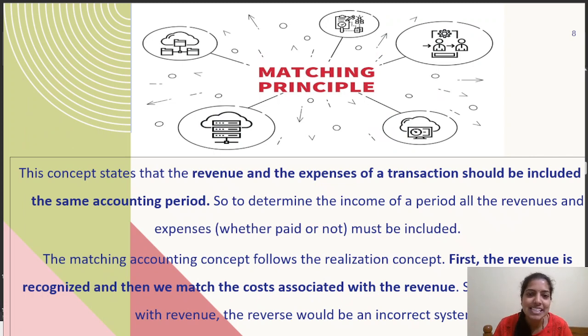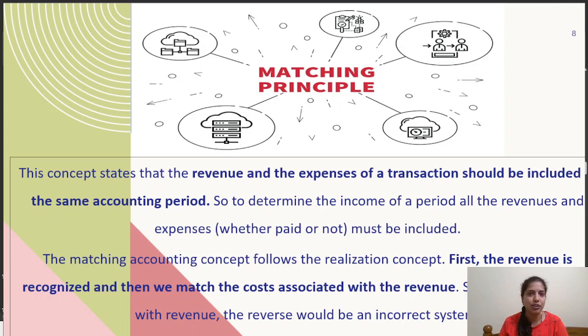The next concept is the matching concept or the matching principle. This says that the revenue and expenses of any transaction should be included in the same accounting period. That makes it easy to record these revenues as well as expenses. Why? Because first the revenues are recognized and entered in the books of accounts, and the same costs that have been incurred for realizing those revenues will be recorded in the books of account, and then we can